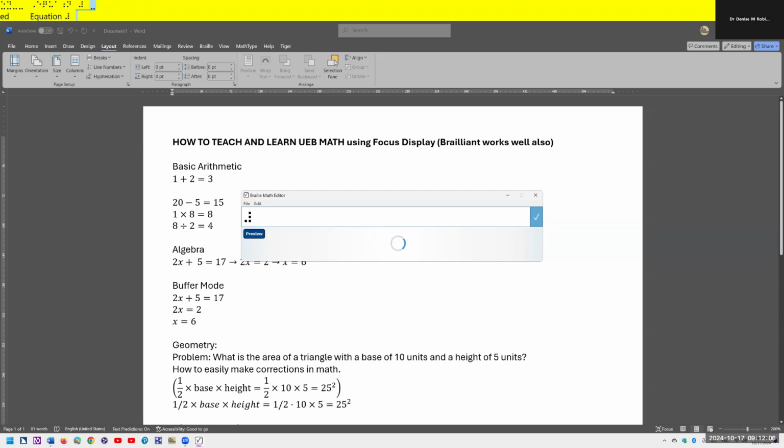Dots 3 4 space. Dot 5 dots 2 space. Dots 3 4 5 dots 1 2 space. Dot 5 dots 2 space. Dots 3 dots 1 4. And I'm also going to make mistakes along the way so I can show you how easy it is to